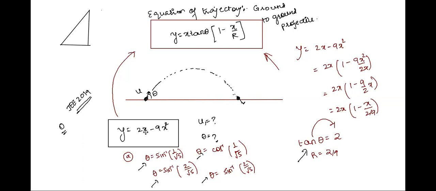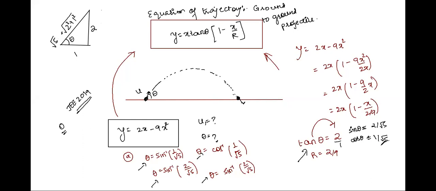So, as Siddharth said, let us do that. We'll consider theta to be one of the elements. Here tan theta is equal to perpendicular by base, right? So we'll take perpendicular as 2 and base as 1. Now this side will be nothing but under root of 2 square plus 1 square, which gives me root 5. Therefore, I can find sine theta as well as cos theta. So we'll have sine theta is equal to perpendicular by hypotenuse, that is 2 by root 5, and cos theta is base by hypotenuse, that is 1 by root 5.